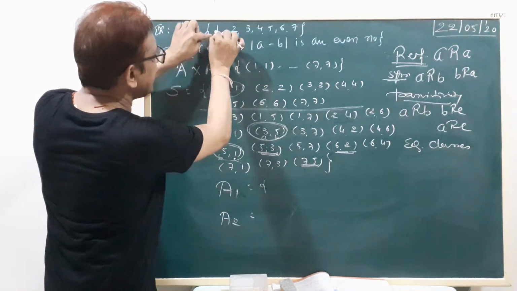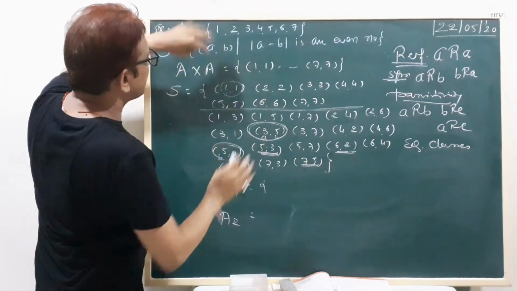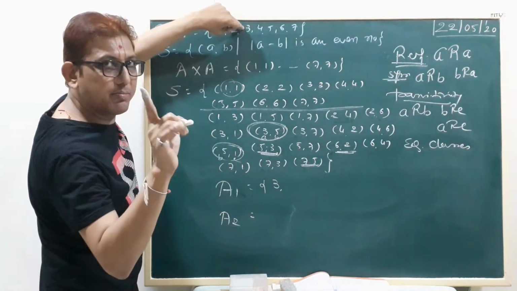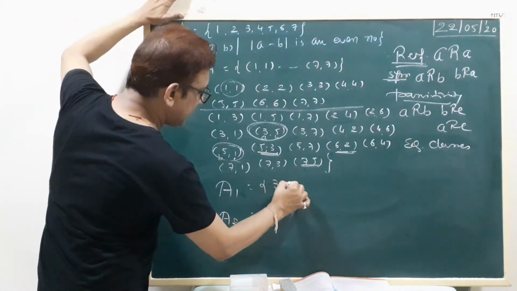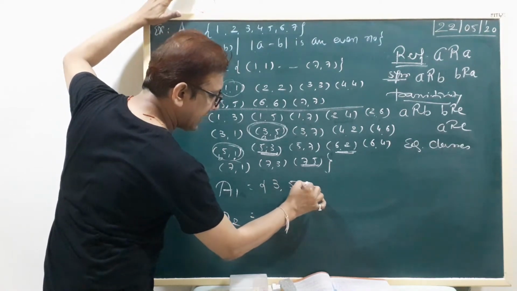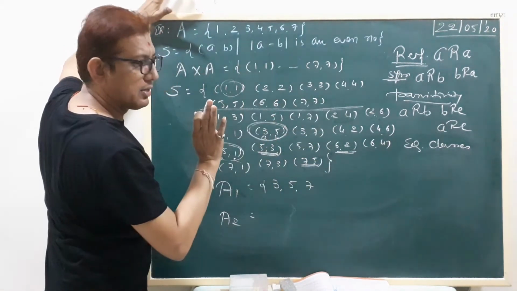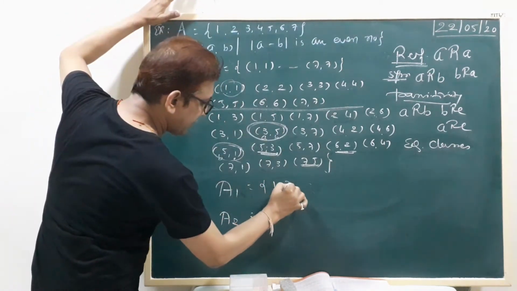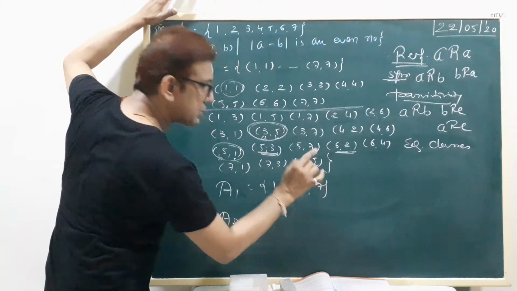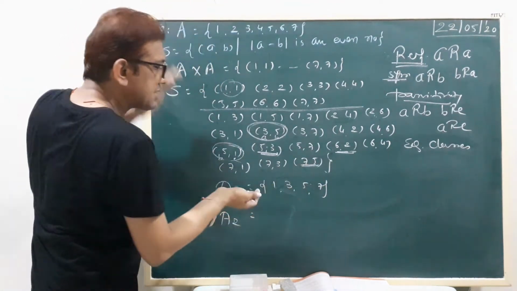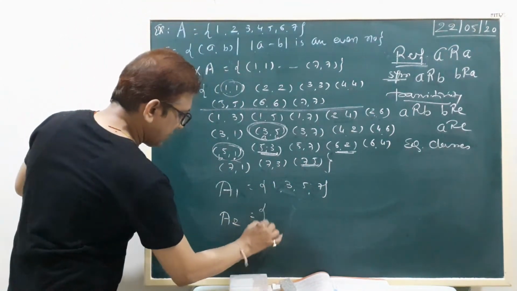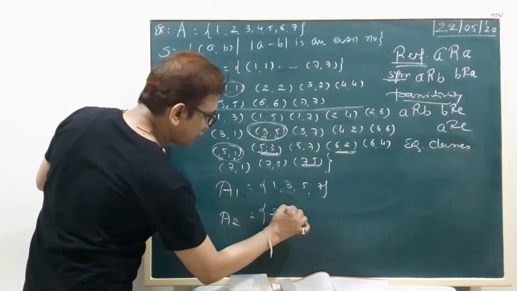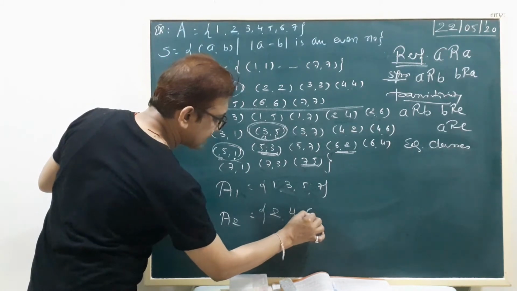We start with any one number. Suppose we start here with 3. The difference between two numbers is an even number: 3, 5 and 7, because we go up to 7. Also you can start here with 1. So here we have 1, 3, 5, 7. The difference between any two numbers is an even number. Now the next number, after 1 comes 2. So 2, 4 and 6.